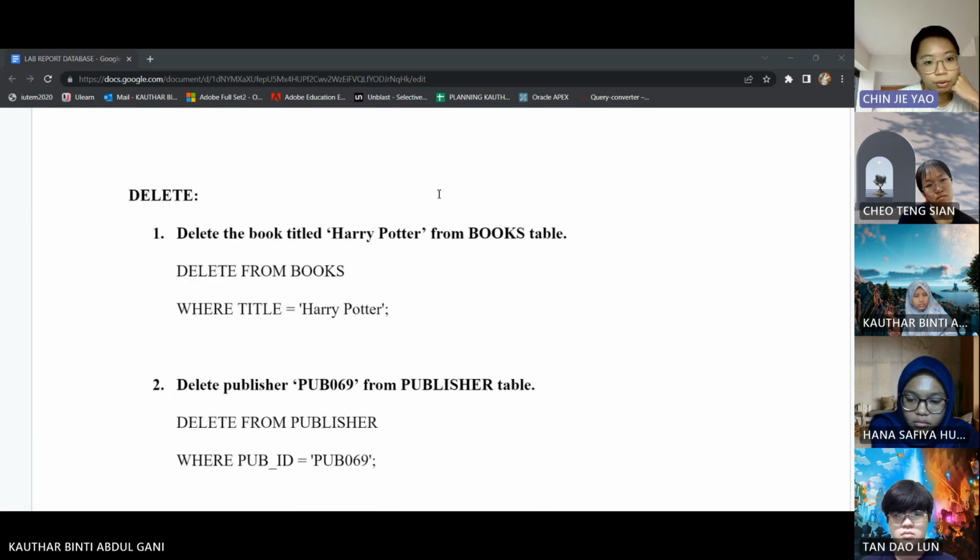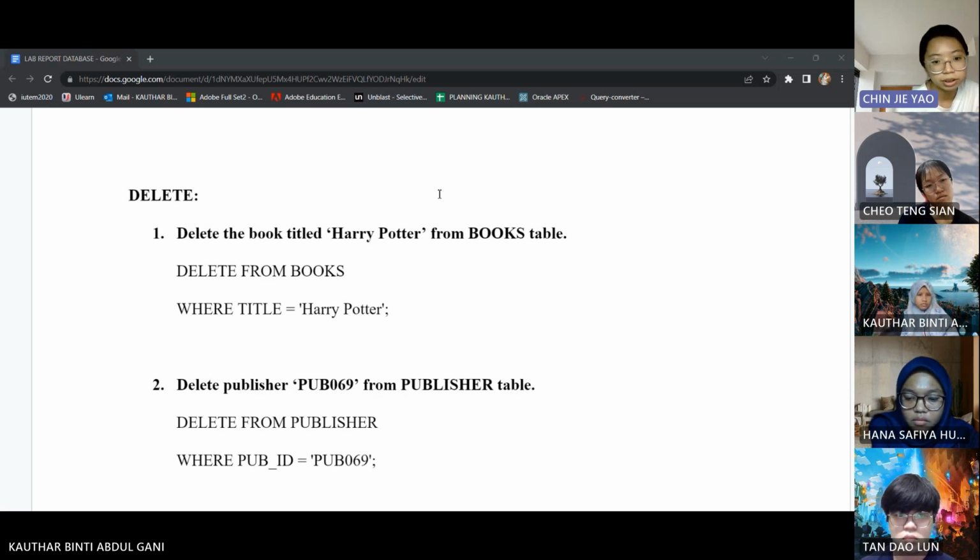Next is to delete data. In order to delete the book titled Harry Potter from the books table, we delete from the books table where the title is Harry Potter. After we execute, the book called Harry Potter will be deleted.